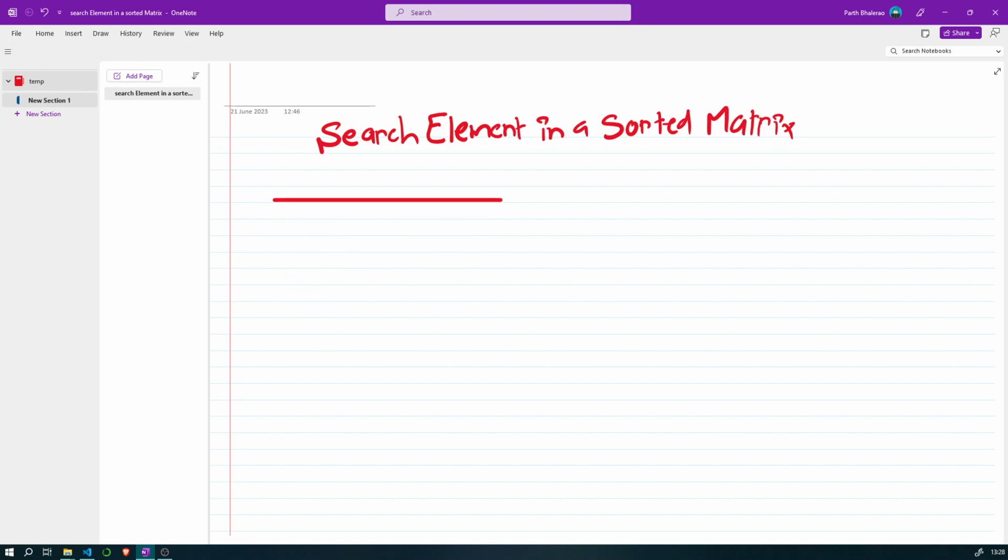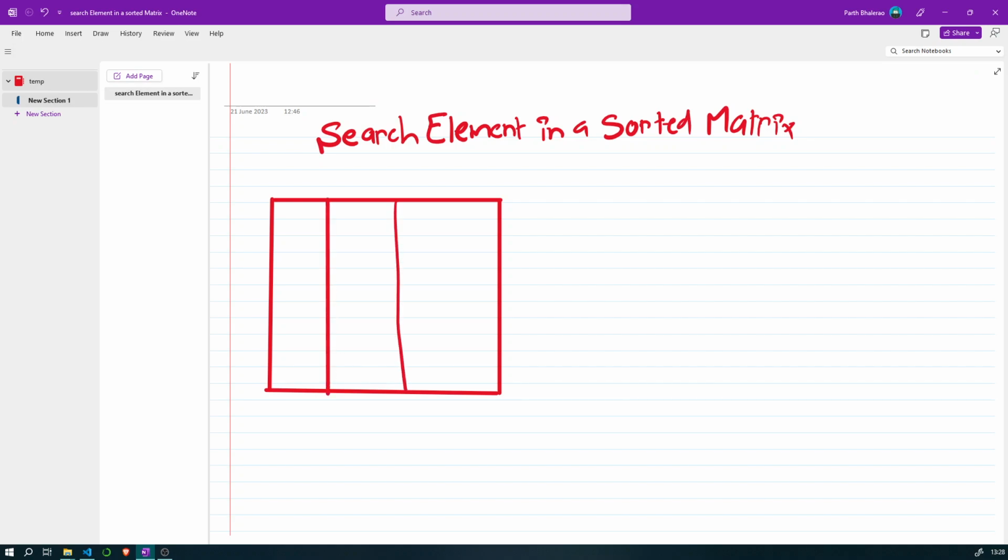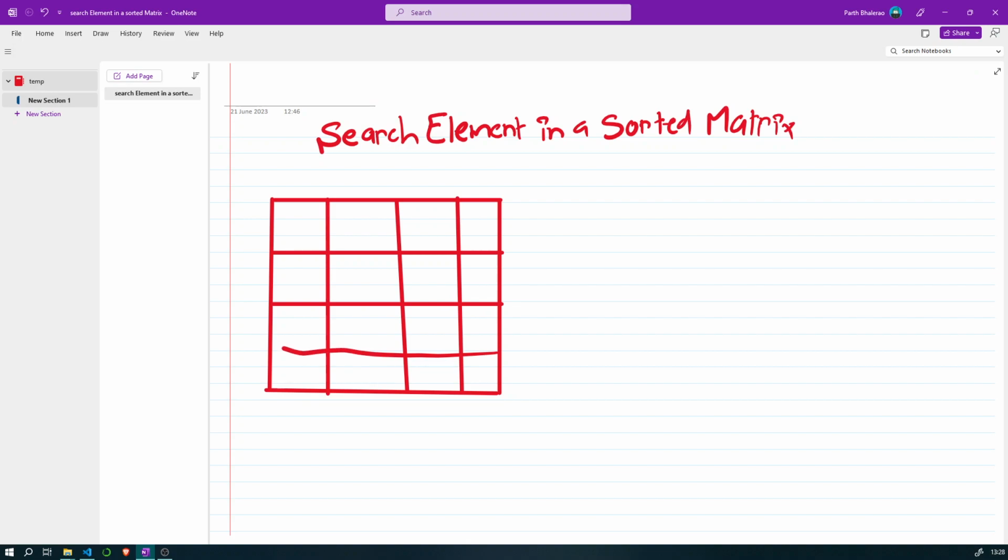Okay, so this is the matrix, and we need to search an element in a sorted matrix.